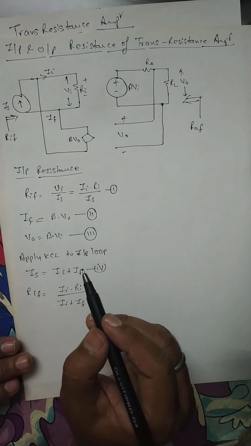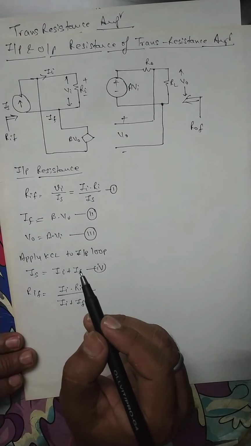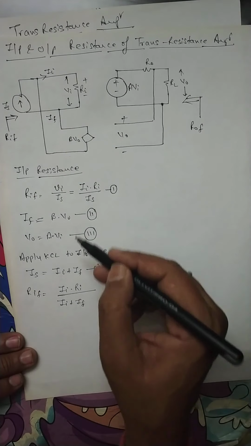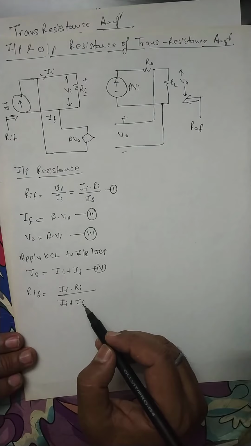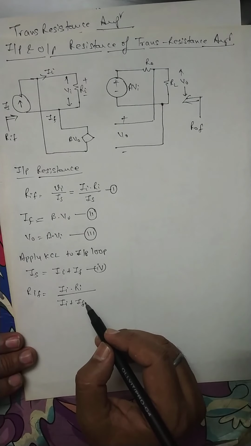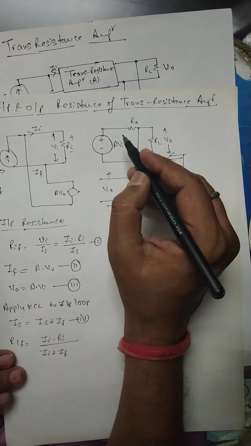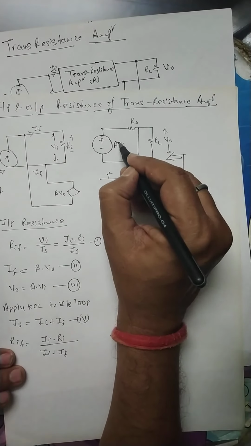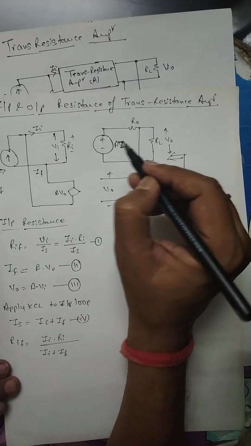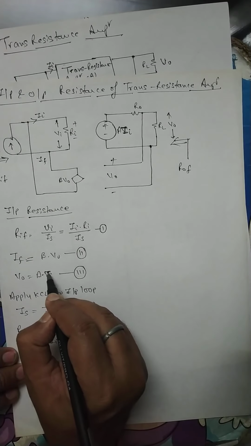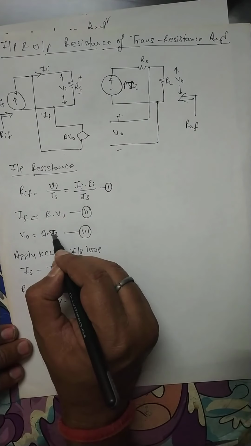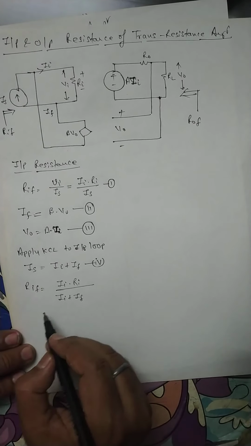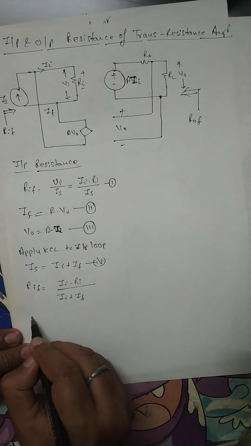Okay, now what we have to do is substitute these values over here. V0 is equal to A into... no, I'm sorry, over here there is a mistake. It is A into Ii. I'm sorry for that. That is equal to A into Ii. So now, putting these values, it is A into Ii. So putting these values again, what will happen?